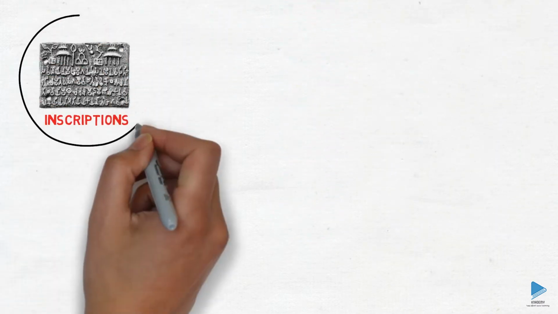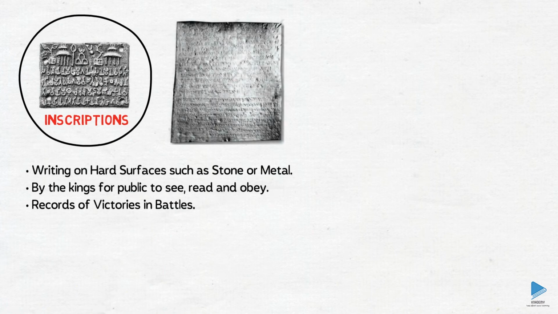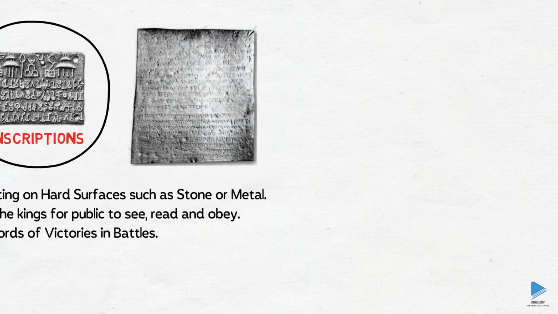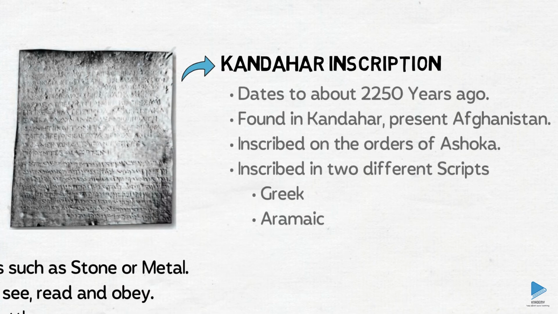We can also study inscriptions. These are writings on relatively hard surfaces, such as stone or metal. Sometimes kings got their orders inscribed so that people could see, read, and obey. Also, kings often kept records of their victories in battles. This inscription was found in Kandahar, which is situated in present day Afghanistan and dates back to about 2250 years